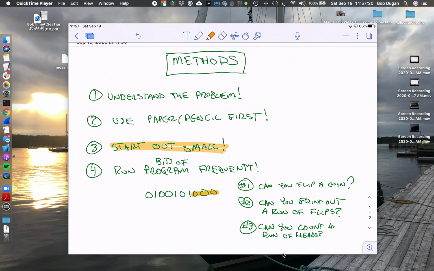And so what methods do is they take code that someone else has written or code that you've written, and they gather all that code up and they give it a name, kind of like a function. Like if you were to think about like